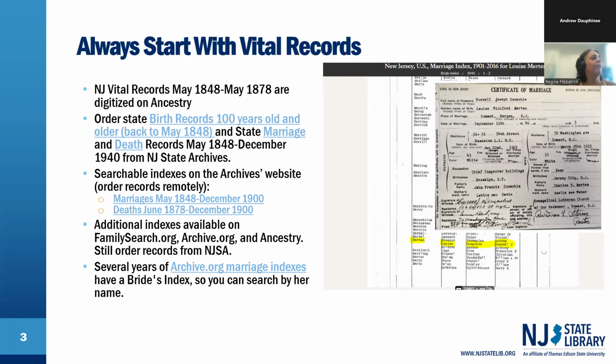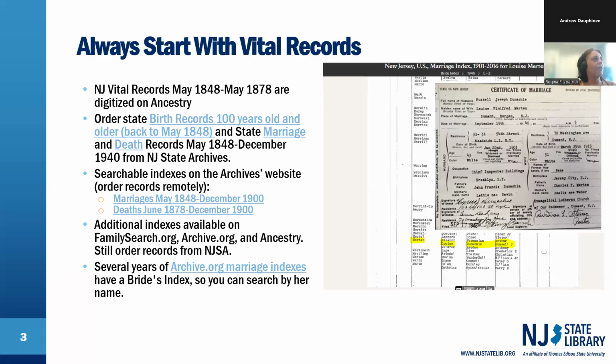What is very nice is that the marriage and death indexes for New Jersey that represent the New Jersey State Vital Records collection are incredibly extensive. The marriages go up to 2016, and the deaths go up to 2017. Again, the more modern records you would order from the Office of Vital Statistics. The older stuff with the dates that I've supplied up on the slide here, you would order from the state archives. So again, behind the actual marriage certificate, I have a screenshot of the bride's index